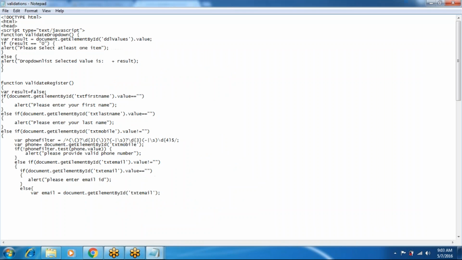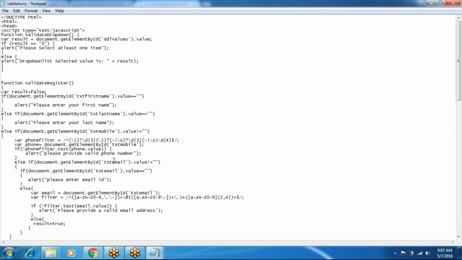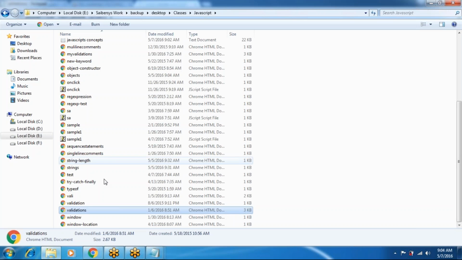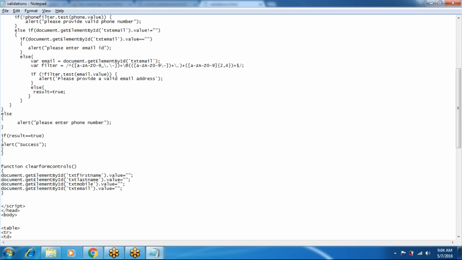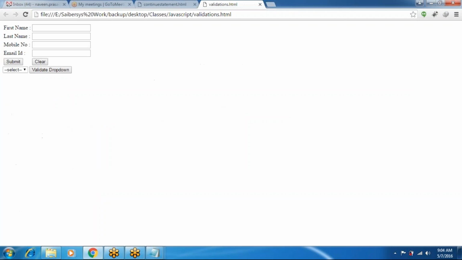So here in this example, one registration form is there: first name, last name, email, and mobile number. In this example you have to enter all these values. When you submit this form, it will show error messages: please enter your first name.